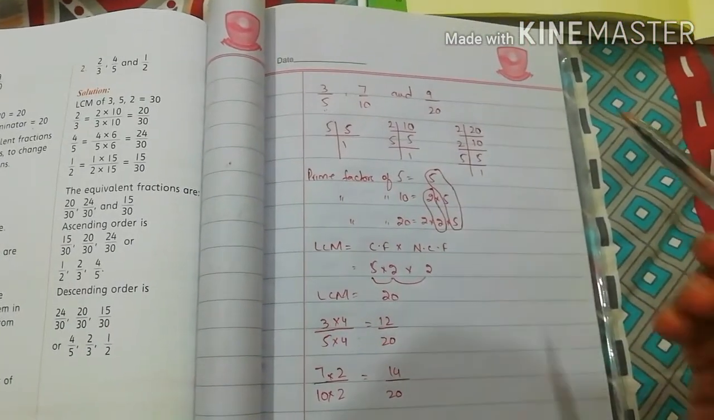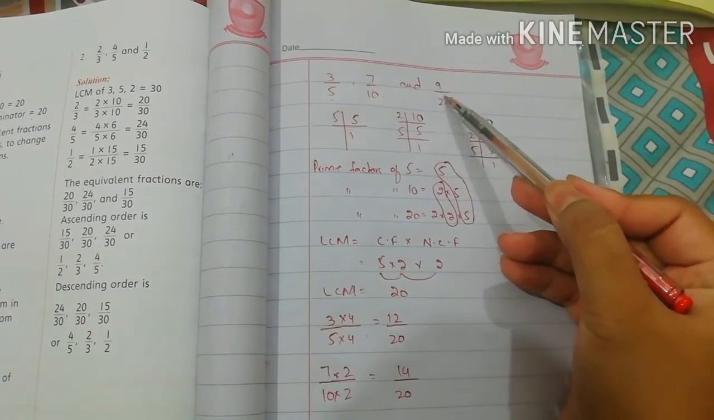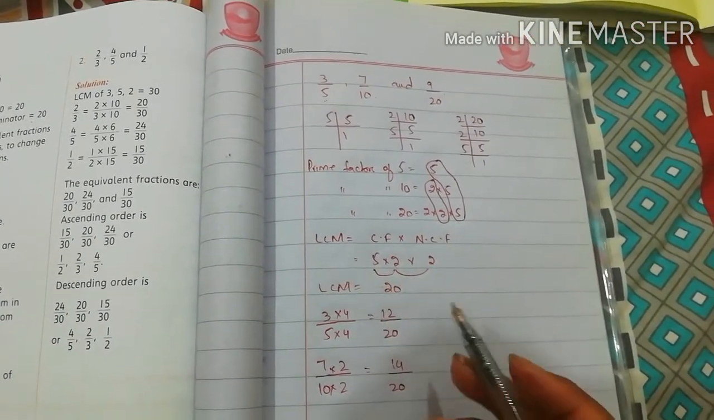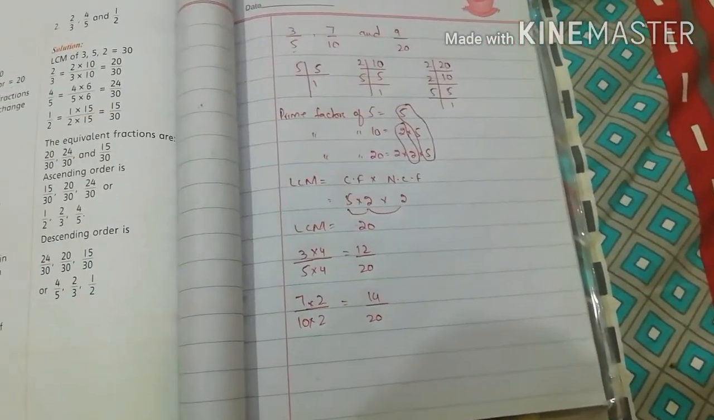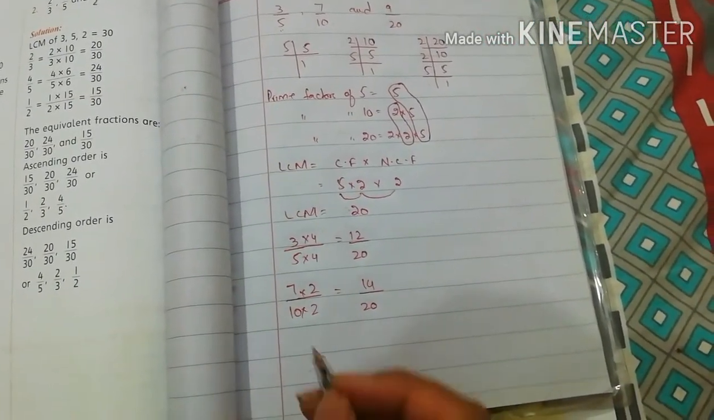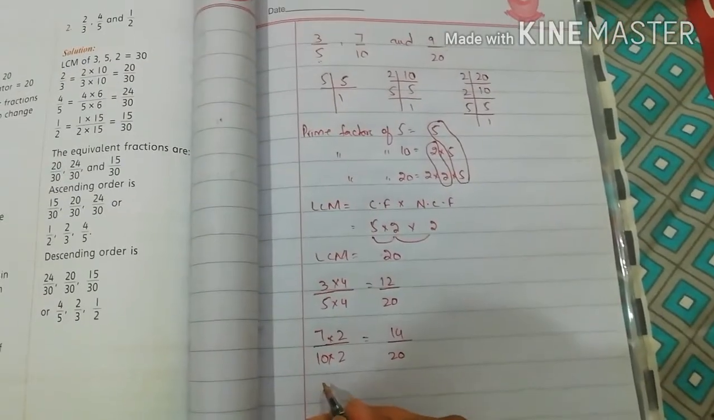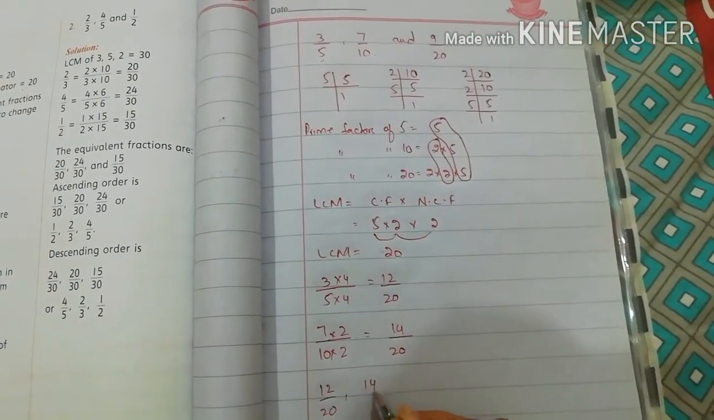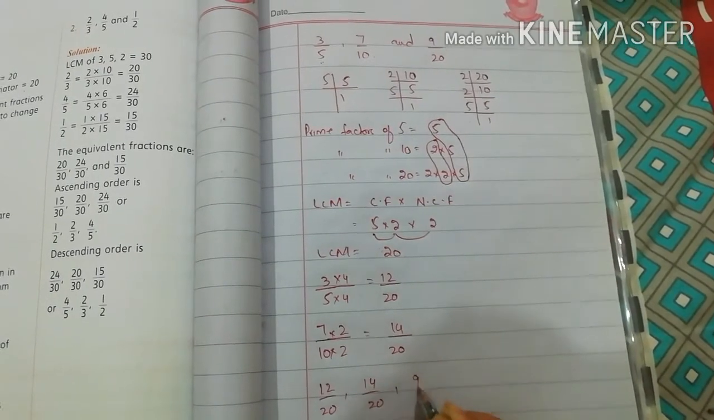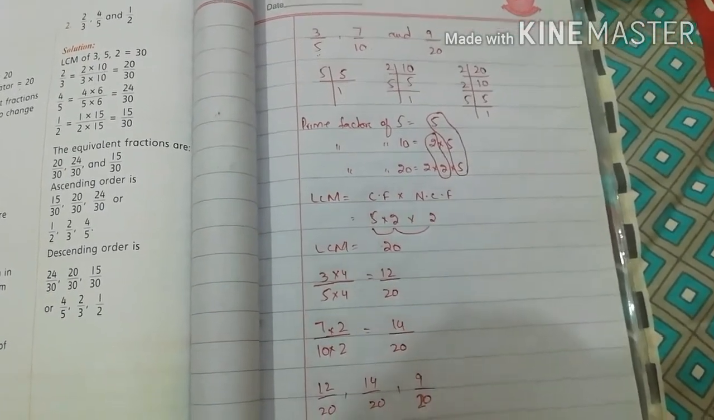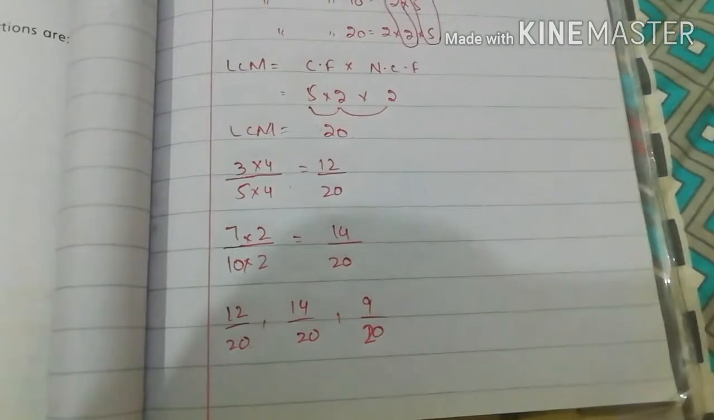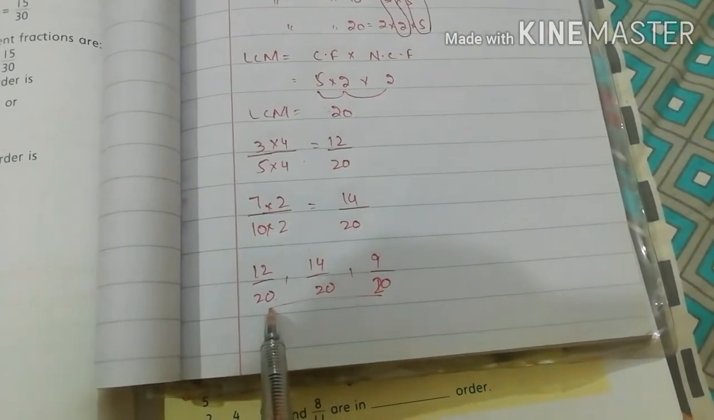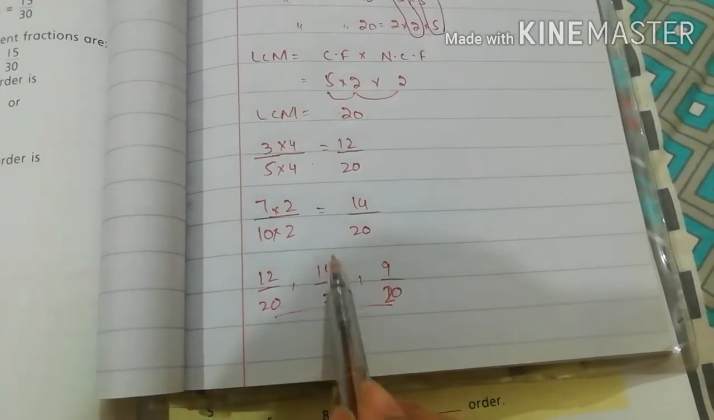Dear students, now the third fraction denominator is 20. So the LCM is 20. So 9 by 20 will remain the same. Now 12 by 20, 14 by 20 and 9 by 20. Dear students, look, denominators are same. Now we will check the